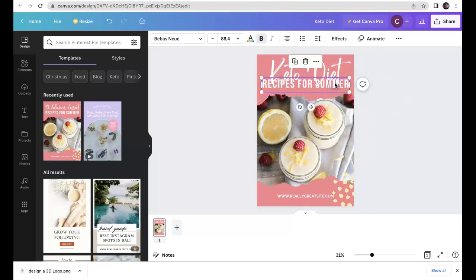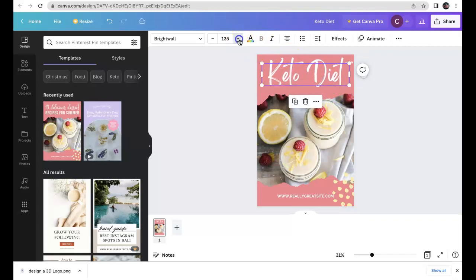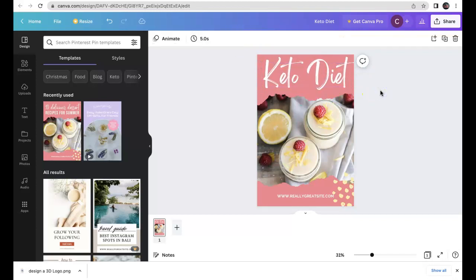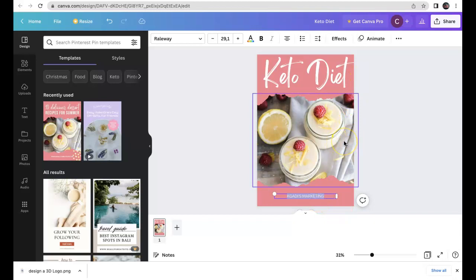That's nice, right? To delete this one. So I think let me just make it a bit bigger again. That doesn't look bad. And remove this. I don't think we'll need it. And let's just brand it to our own name. So you can use your own name, but for me, since my brand is Caddy's Marketing, I'm going to use that. So now I think let's just bold it,